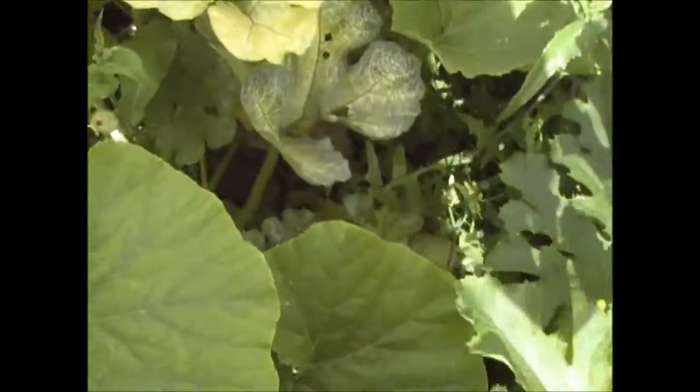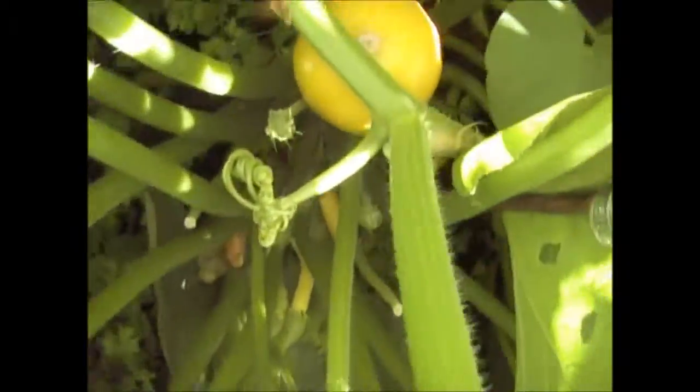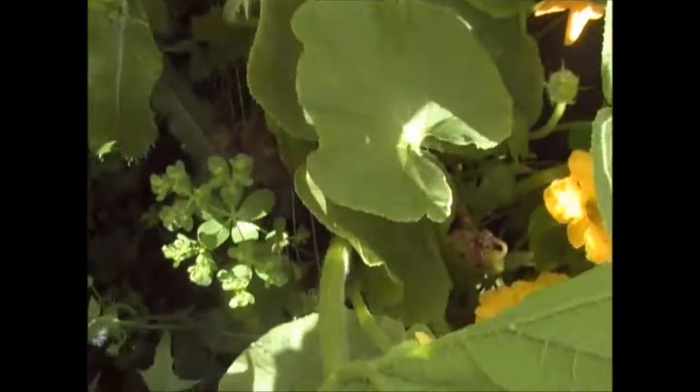Right, it is raining, so I'm getting my legs soaked at the moment. That's another. And that's the last courgette plant there. There's just one courgette on there. Right, so just down here you can see there's another courgette there. Look, you can see the top of it. Right, I'll just go through here. Right, on this side here, I've got one